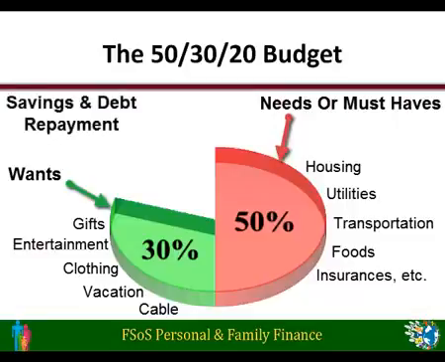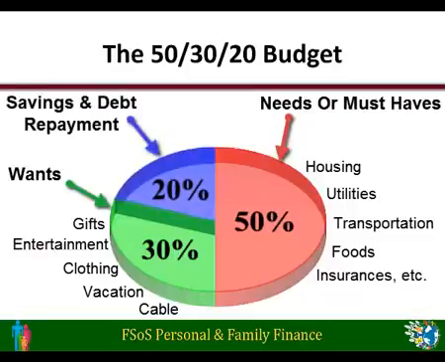Finally, the savings and debt repayment category should be 20% of your budget. It can be a little tricky to balance between the two. The urge is to pay down debt before building savings. But that leaves us vulnerable to take on additional debt unless there is some cushion. Building an emergency cash reserve is an important goal, as is debt reduction and saving for longer-term goals such as retirement. We'll discuss that in greater length next.